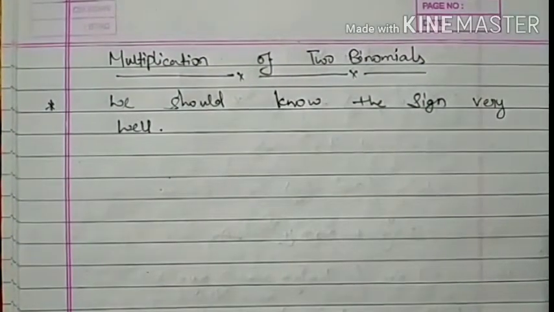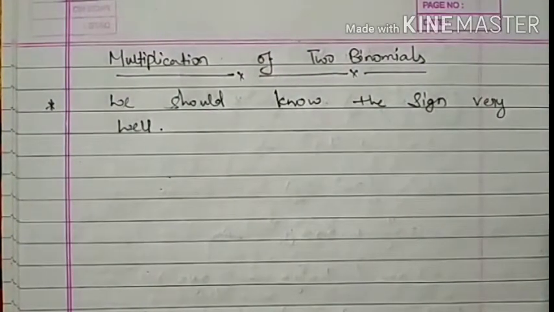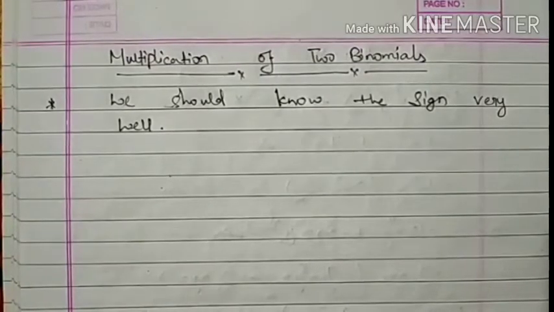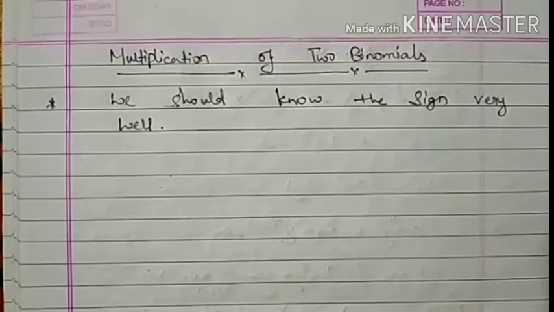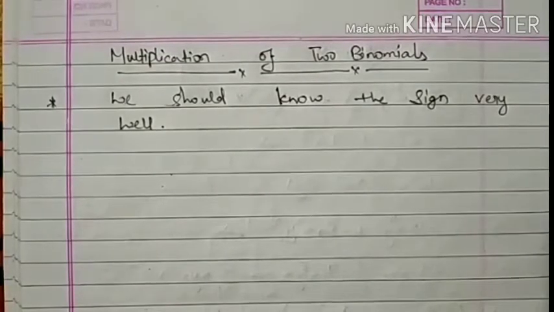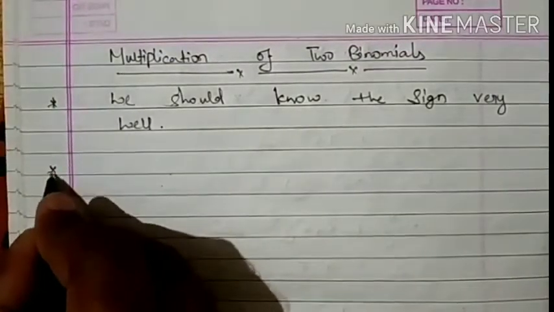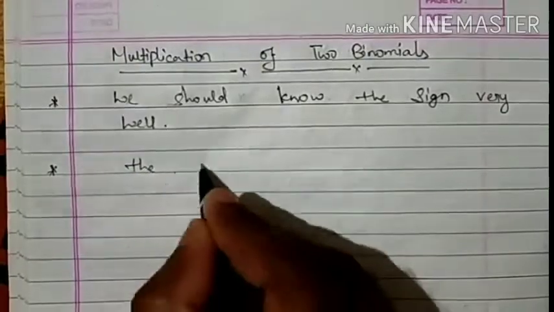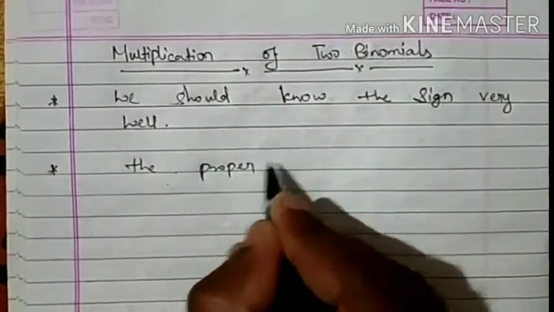How the sign changes, that is plus minus: minus multiplied by minus will be equal to plus, and plus multiplied by minus will be minus. All of you should know these very well. Second, the proper implementation